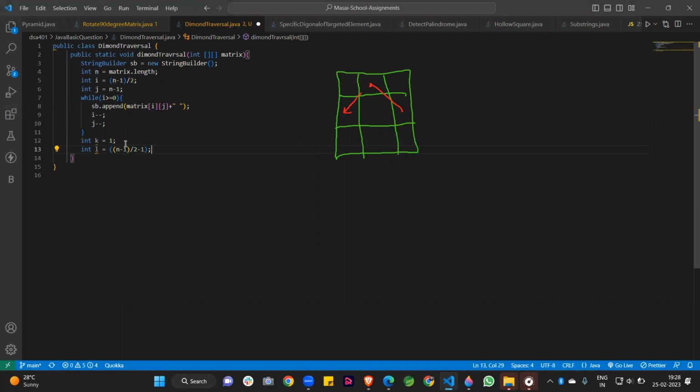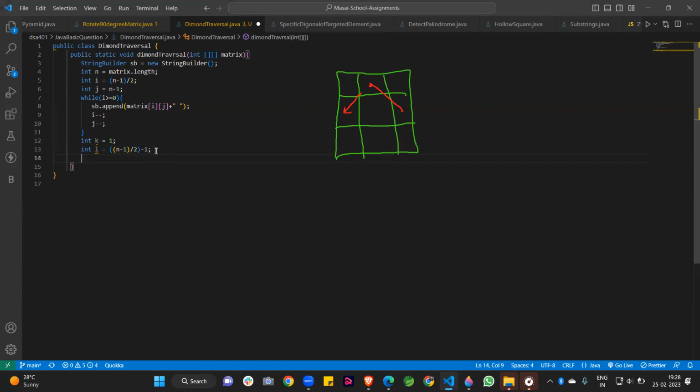So we are writing this. Okay, so guys, you can see here we are taking the row value one more because row 0 is covered in this iteration. After that, this column is covered in this iteration. Okay, so we start with this column, one column less. So that's why I subtract one from it. So here we can write n minus 1 by 2 minus 1. So we are getting the value of row and column.